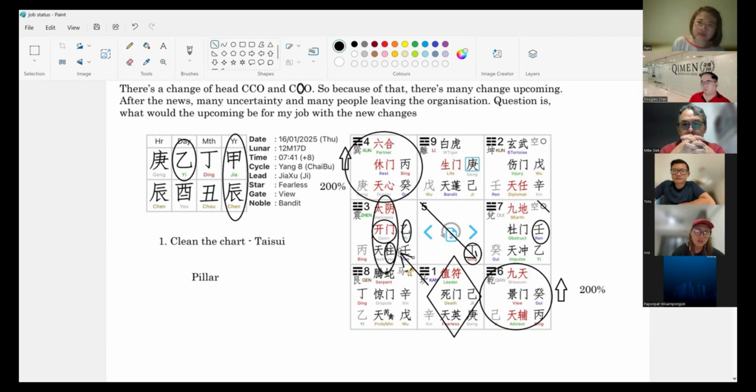Because Geng is metal, imagine you have a big piece of metal here, and you try to knock it. Would it become two pieces? No, right? It will not be broken. No matter how you hit, it will still be the metal piece, unless you melt it with a fire, but that's not the case. I'm talking about under normal situations, if there's no fire, it is able to overcome wood most of the time. And possibly even earth. If you use the metal to push through the earth, if the earth is not strong enough, it's possible to penetrate it also, right?